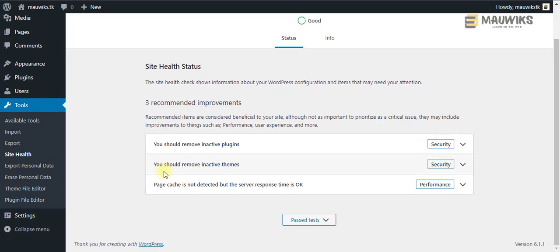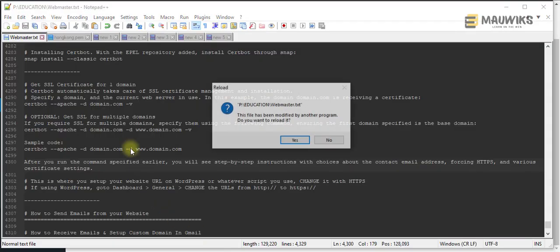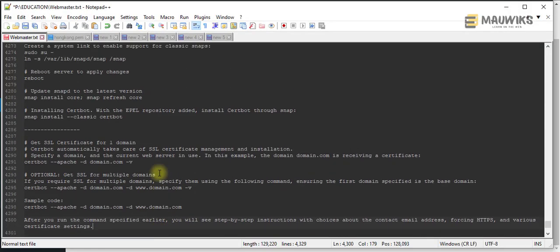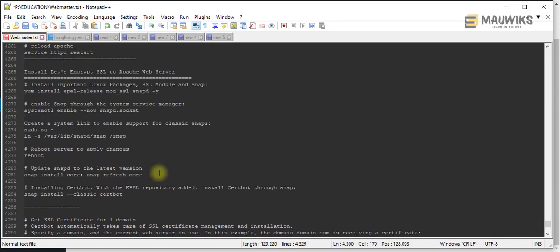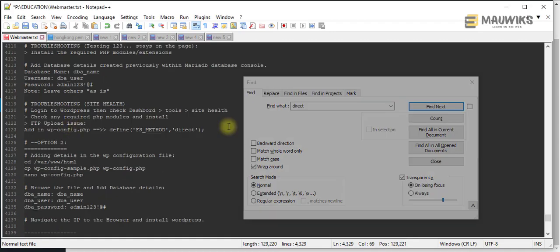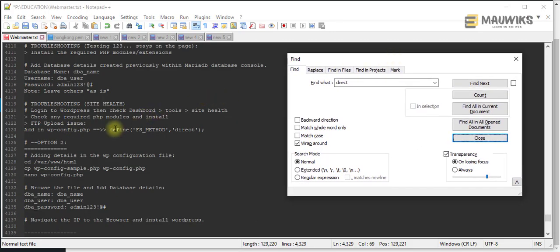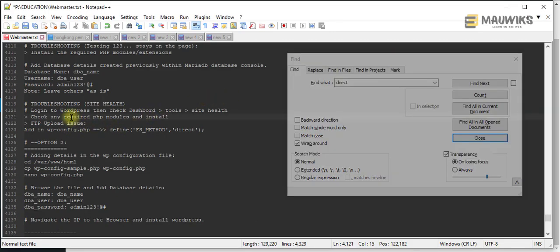But in case you encounter an FTP error here, what you want to do is just add a single line of code. Let me check here, if WordPress requires